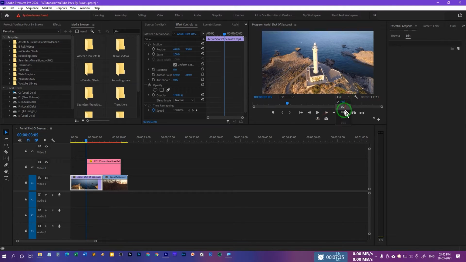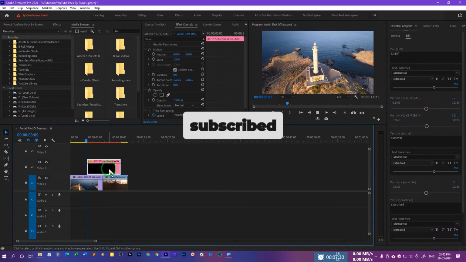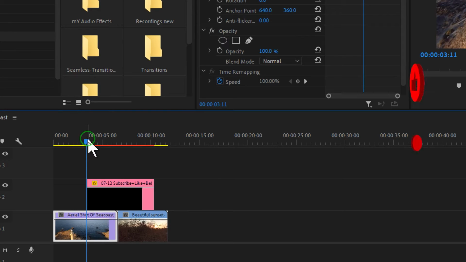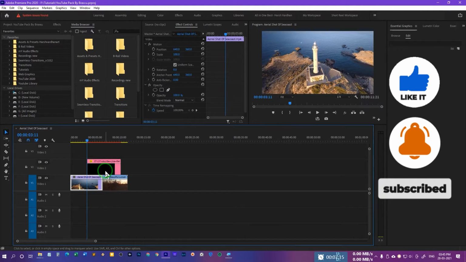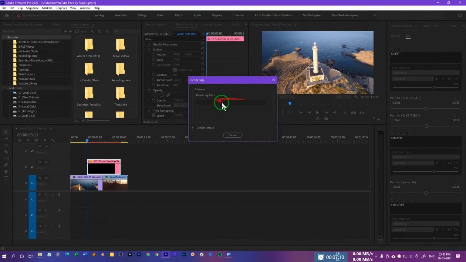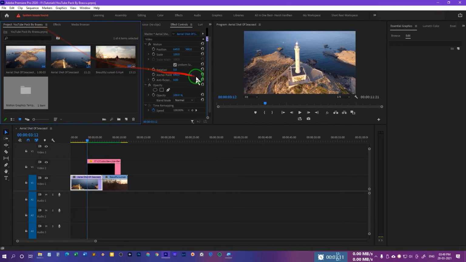And then let me lower my playback resolution, and if you press the play button or play the timeline, you will see these buttons right over here. At this moment this is red, that means it has not been rendered, so we need to render this out, only this portion. So I'll press the Enter key, that would start to render these. Some of these files are a little heavy, so for that purpose you have to pre-render them, otherwise there is no need.